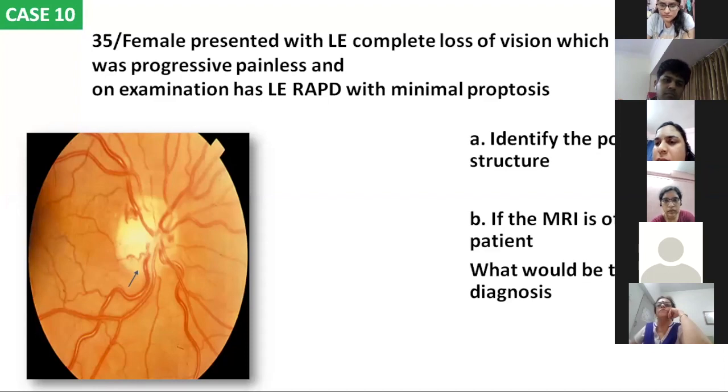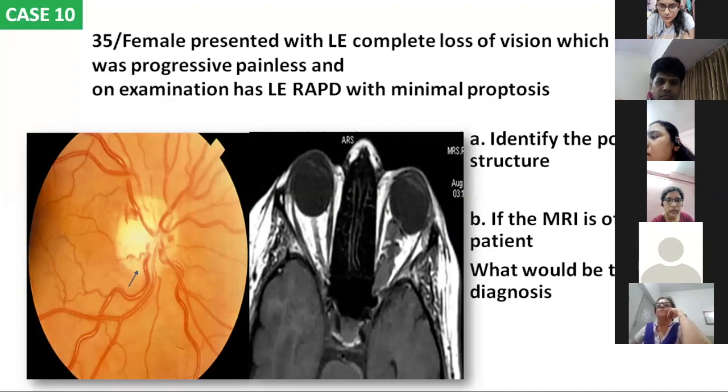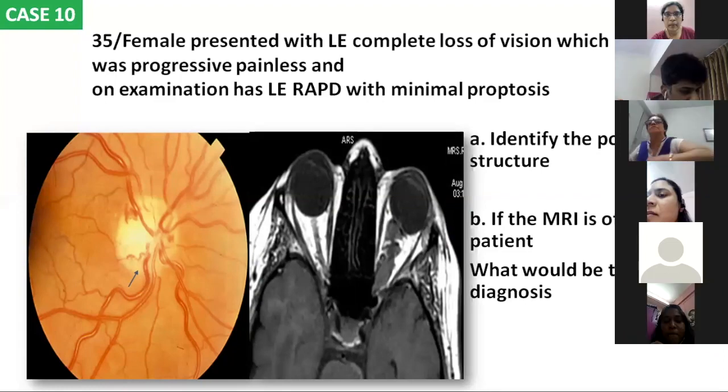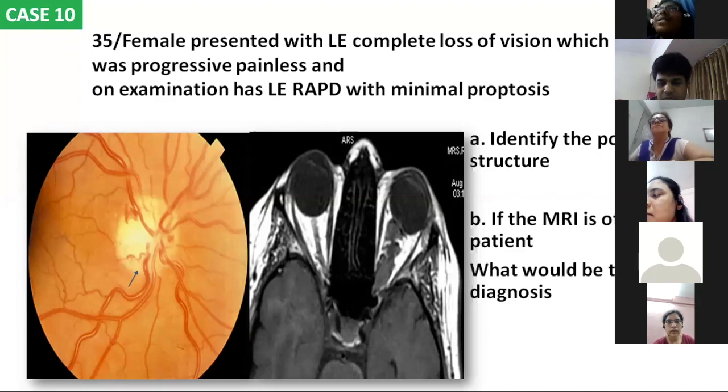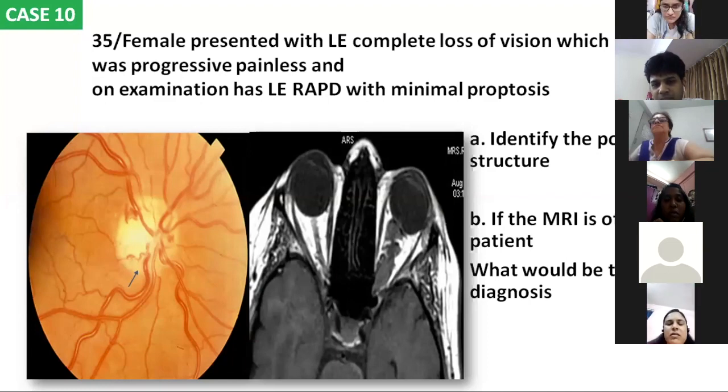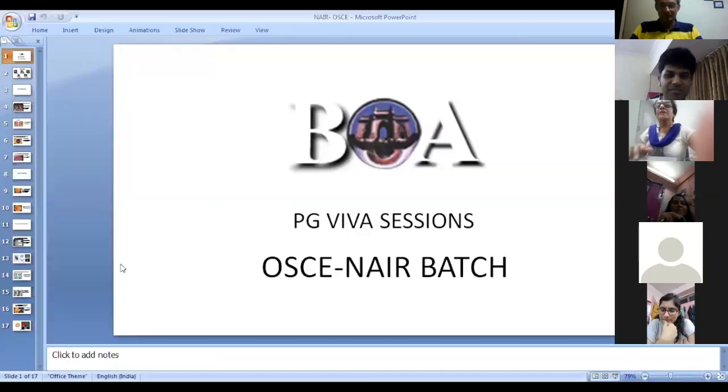Sir, can you click once? There is an MRI picture also of this patient. Basically a sign by a name which was a transport medium before the trains were existing. Tram track. It is still used. Yeah, perfect. It is tram track appearance. It is seen in optic nerve meningioma. It is optic nerve sheath meningioma. That was the end of the OSCE. That wraps it up.